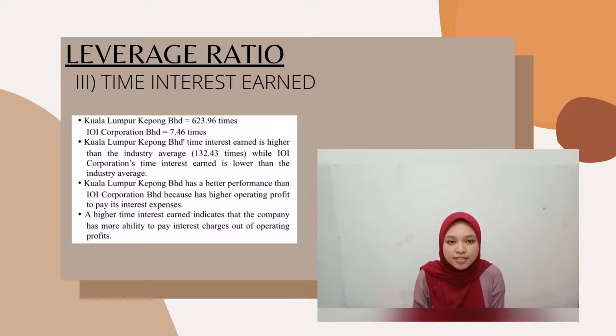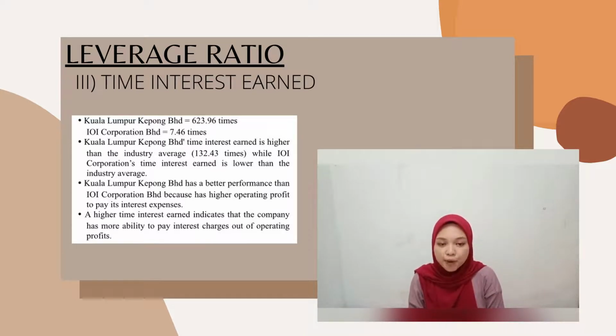So this times interest earned for both companies shows that Kuala Lumpur Kepong Berhad has a better performance than IOI Corporation Berhad, because Kuala Lumpur Kepong Berhad has a higher times interest earned than IOI Corporation Berhad. This is because Kuala Lumpur Kepong Berhad has higher operating profit to pay its interest expenses. A higher times interest earned indicates that the company has more ability to pay interest charges out of the operating